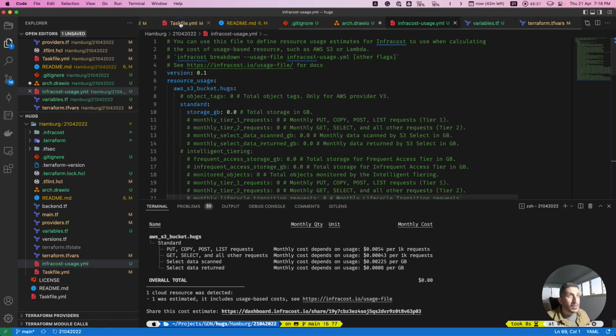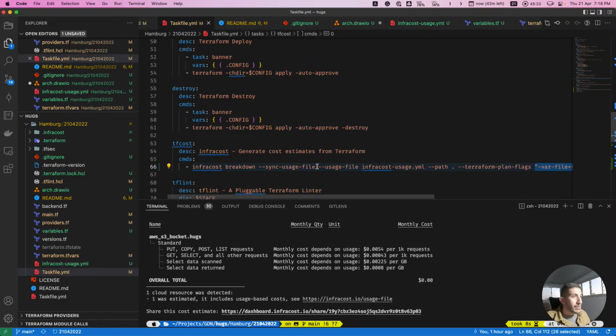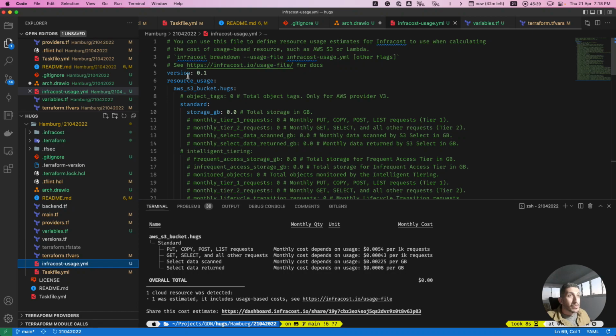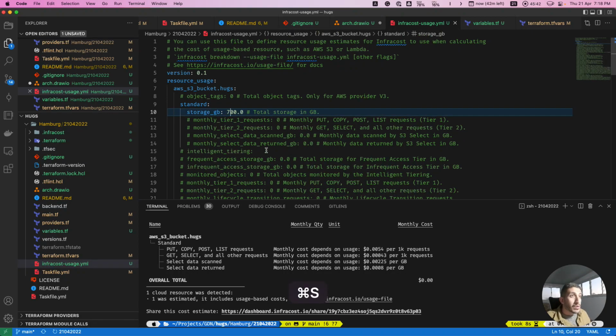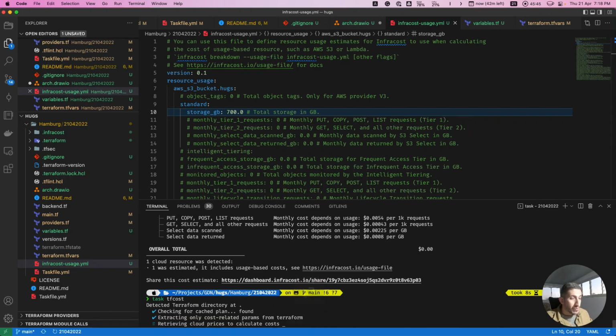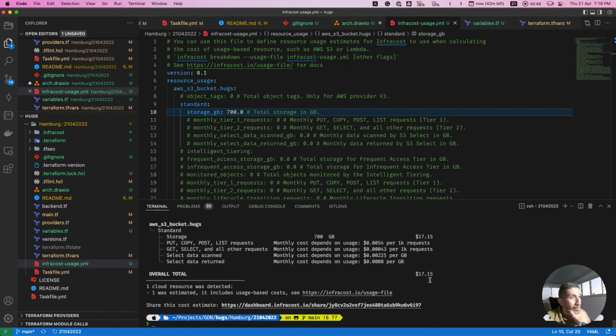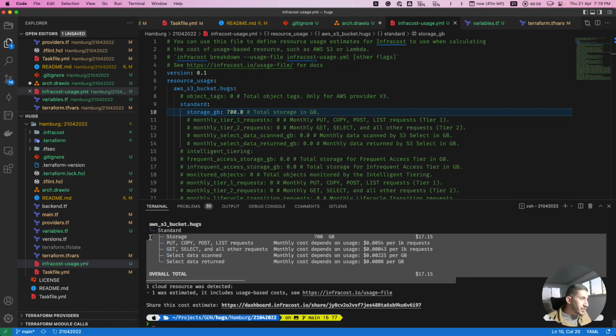Okay, I don't need to send to the usage file, because it's updated. If I'm using 700 gigabytes for my solution, or dummy example, let's say I want to deploy an S3 bucket for backup from on-premise to AWS, and I'm expecting that to be 700. So whatever example we are doing, at the end Infracost is going to give you a good indication for your